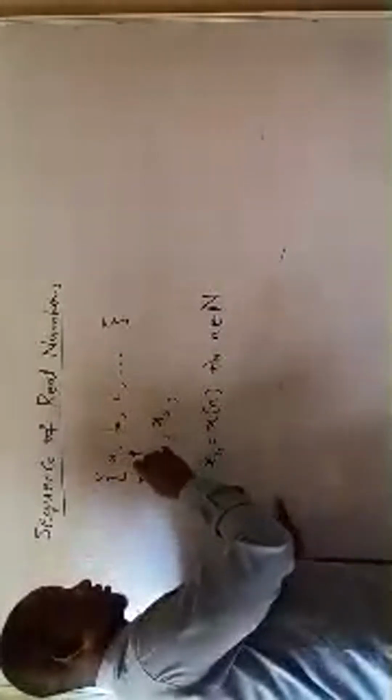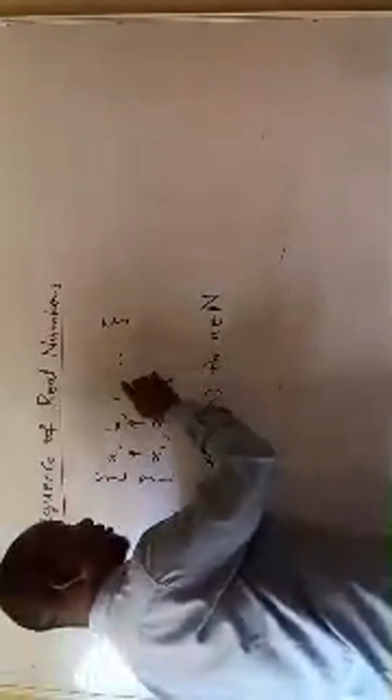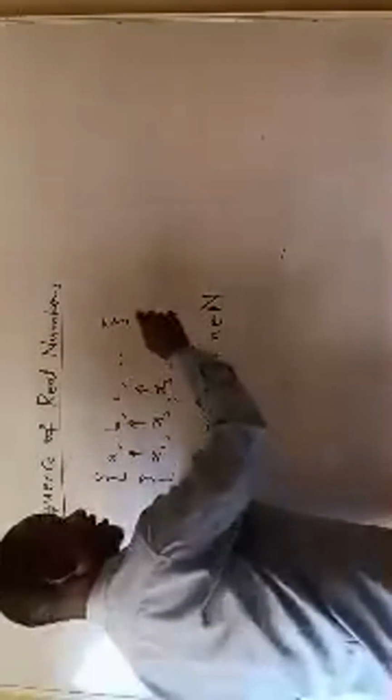So this b here is taking the position of the x2, for example. And then when n is 3, you have the third element of the sequence, and that's how it is. So in this course, we'll be making use of x1, x2, and so on, to label the position of a particular term of the sequence.